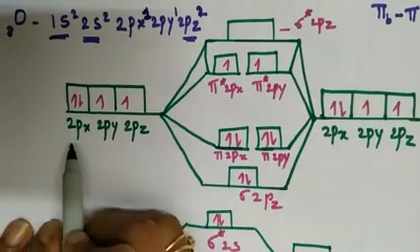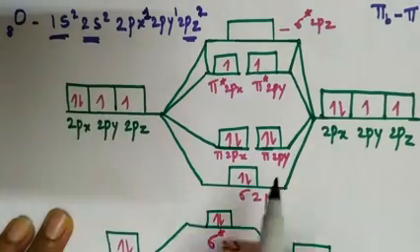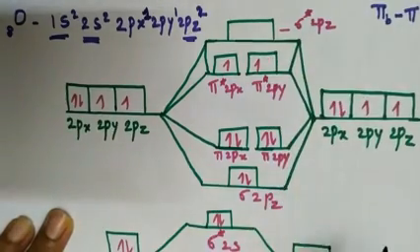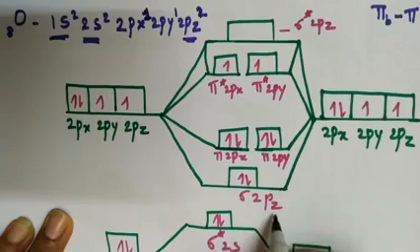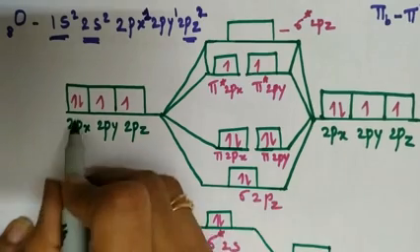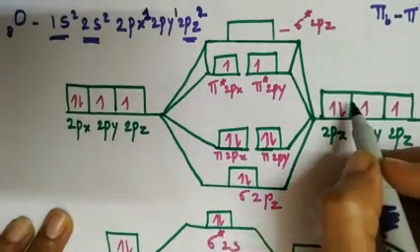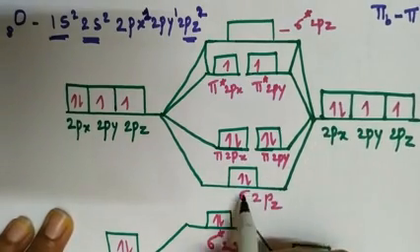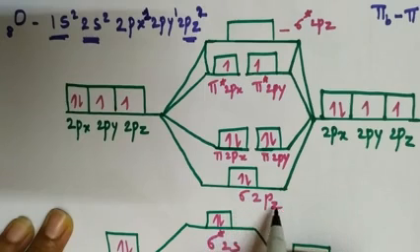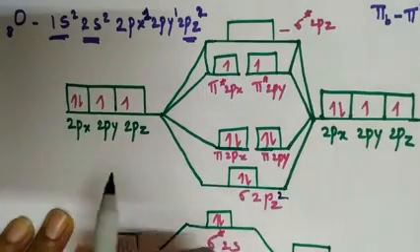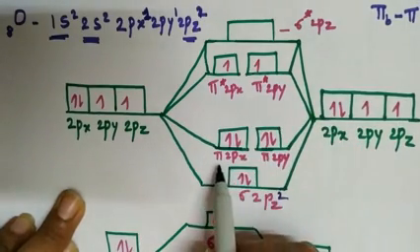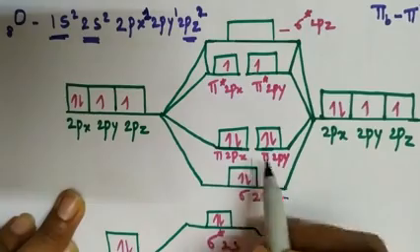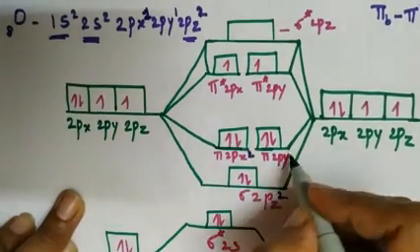The electrons can come from any oxygen, but according to the energy level sequence we have to write. This sequence you need to learn. So lower energy is of 2pz, sigma 2pz. One electron will come from this oxygen and one electron from this oxygen, so 2 electrons are contributed here. So here we will write sigma 2pz2. Now after this, in the electronic configuration we had written pi 2px2 and pi 2py2.